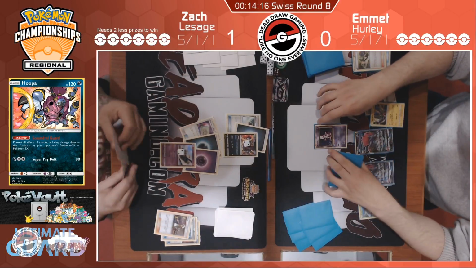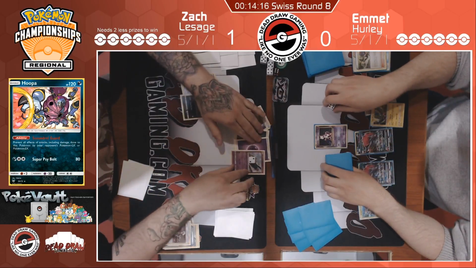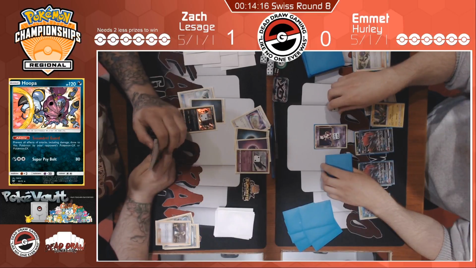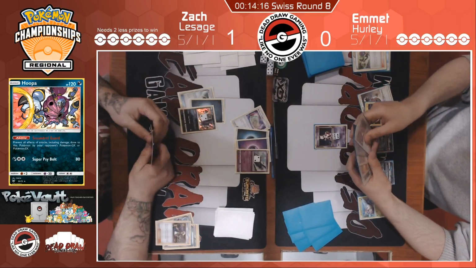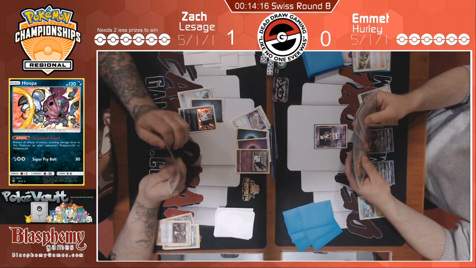So here's Latios coming in. He's going to try and bully that Mewtwo around. This is good. I mean, 60 to that. He can't hit him for weakness back. And Emmet did just use a Field Blower. He has 3, but he just used 1, so he's got to find another,